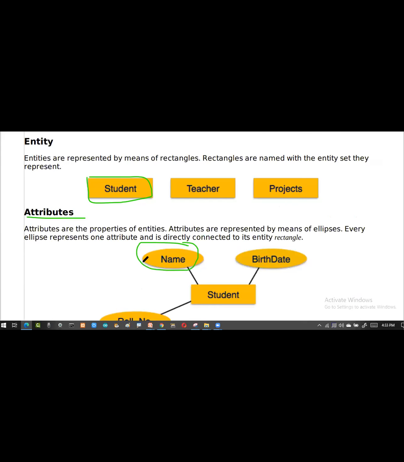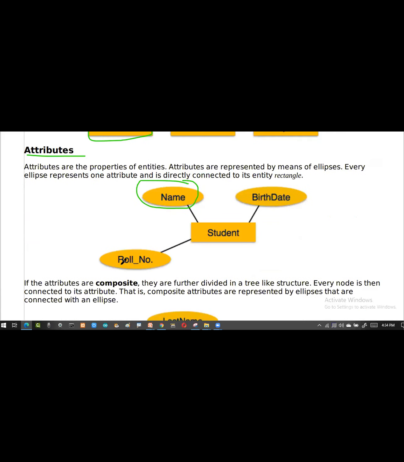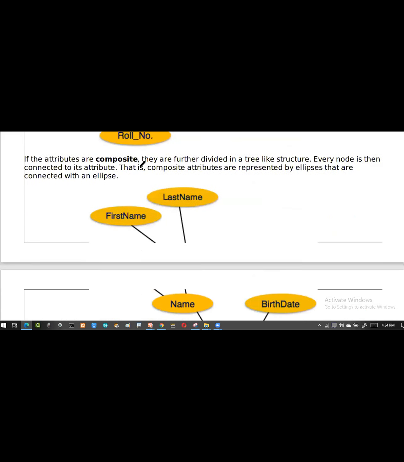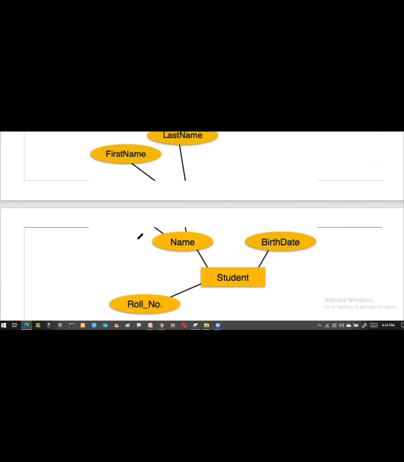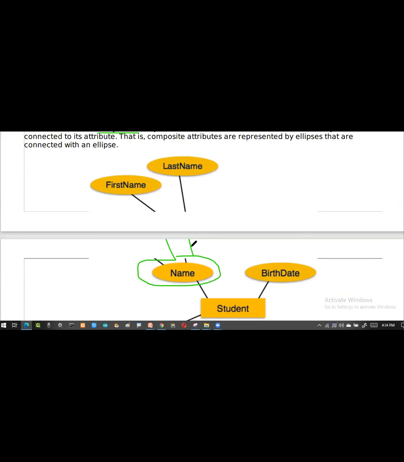Then we have seen something called derived one and composite one, key one, like this you have seen. The composite we have all been explained: if one attribute has, in that attribute, a lot of multi attributes. So this is the example which you have come across. Say I have first name, last name, middle name, so I can have the middle name like this. This is what the composite we are seeing.